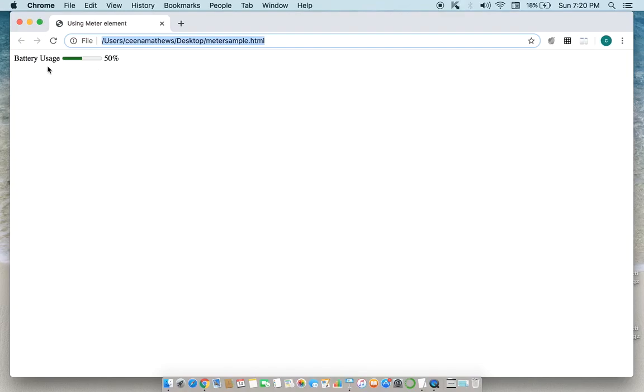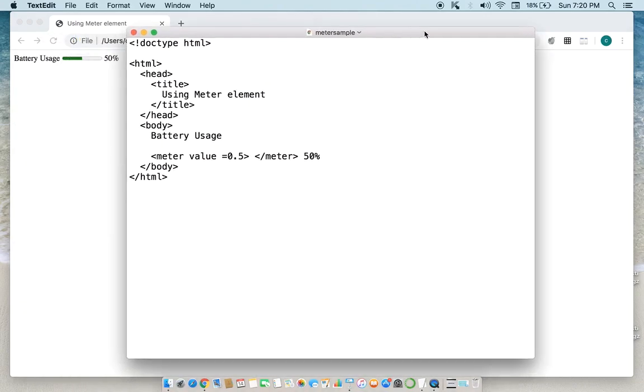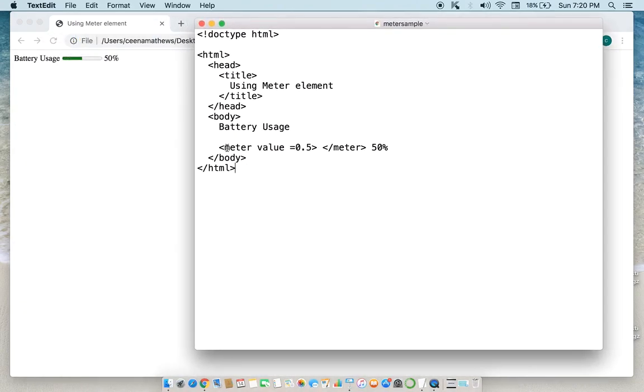This is how it is displayed. Battery usage followed by the meter element, and you can see the code here. The battery usage text is displayed here, which is followed by the meter element, and since the value given is 0.5, if min and max are not given, it is assumed as minimum 0 and maximum value 1.